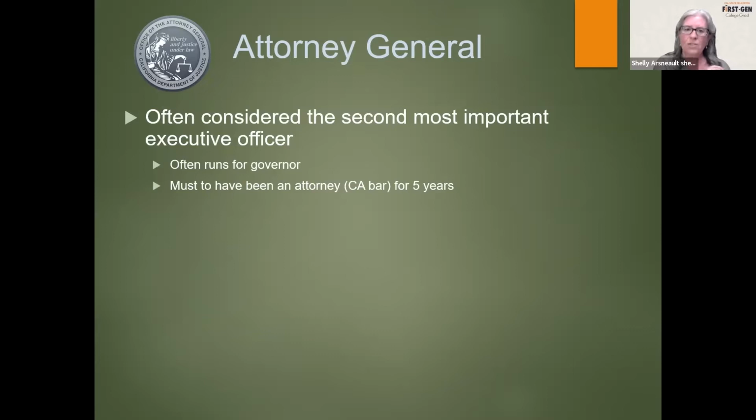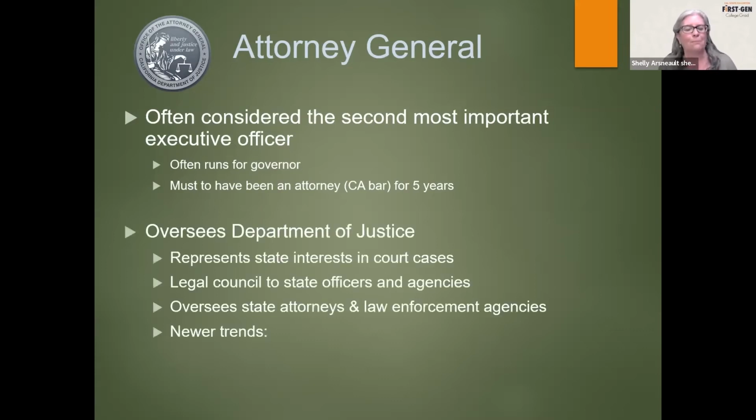And so that has, over time, occasionally created conflicts between Attorney General and the governor's office. Again, you will most often see any of these sorts of conflicts between the governor and the other executives when there's a difference in parties. And anticipating a question, yes, the Attorney General must be an attorney in the state of California.